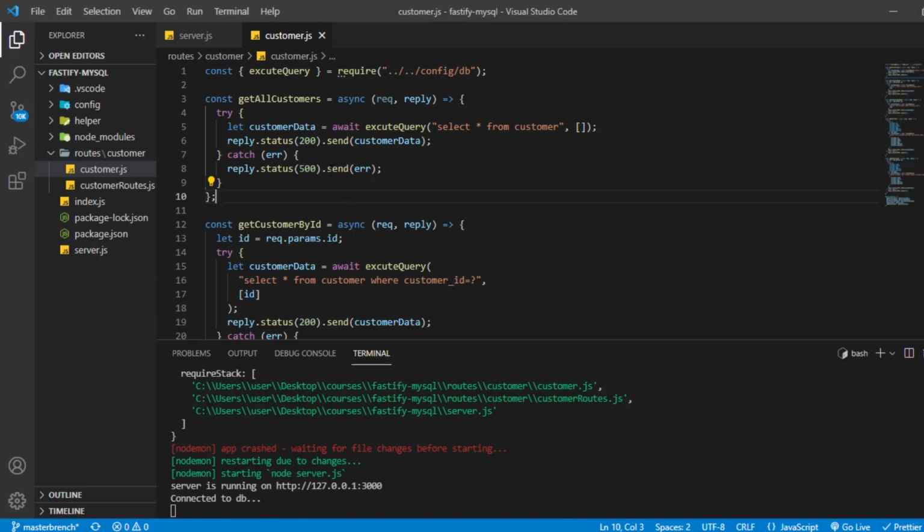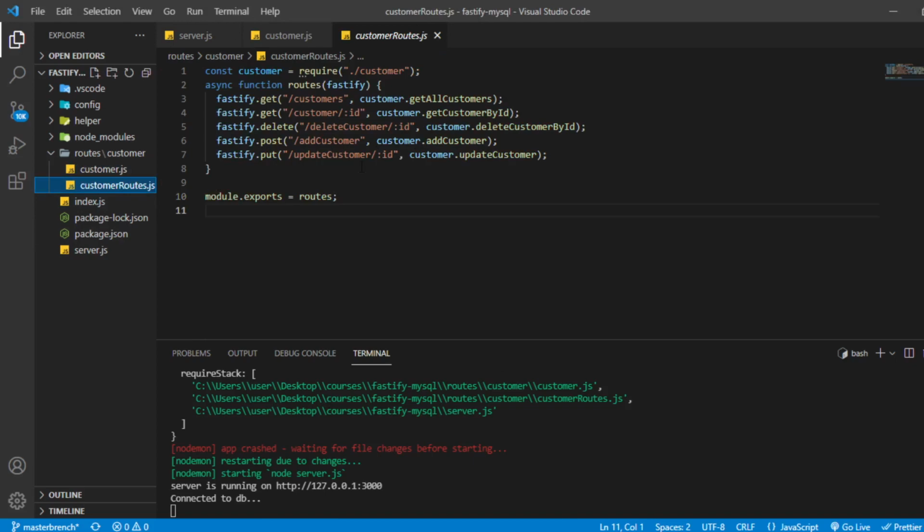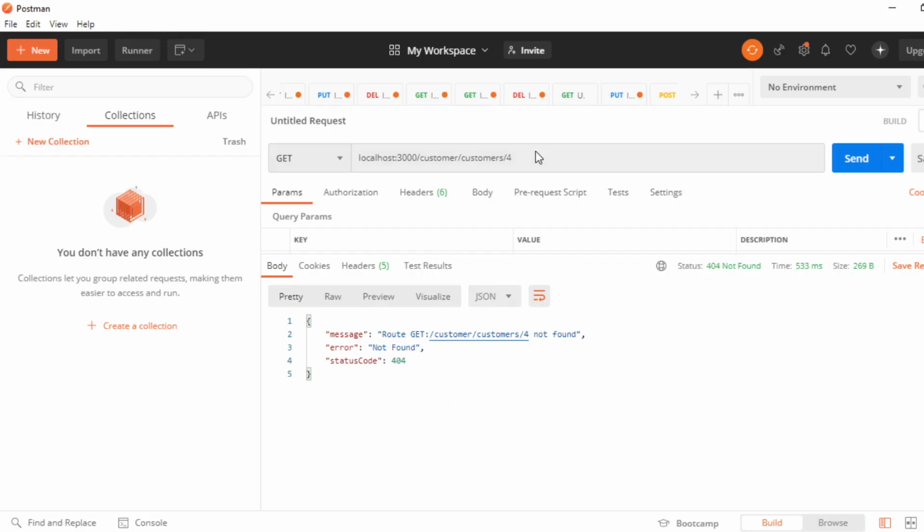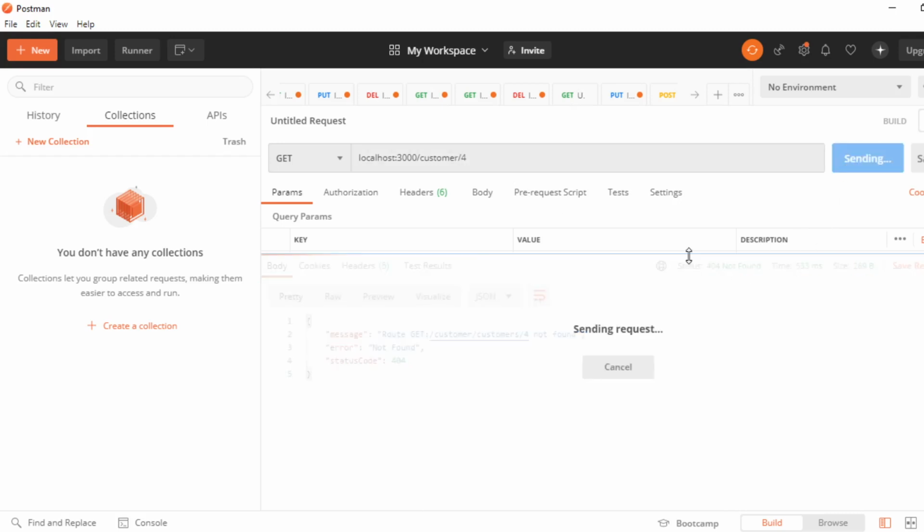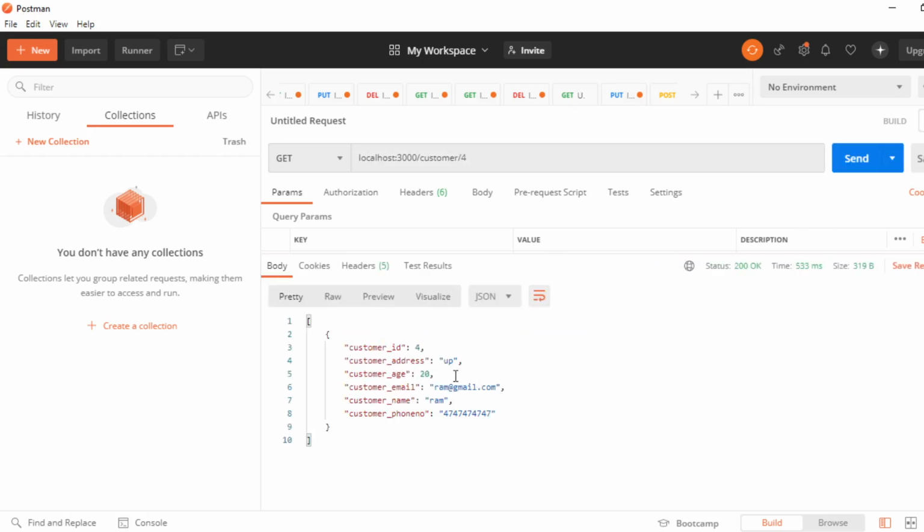So customer and then customer id, right? Okay, so we have to remove this, and now it should work fine. Yeah, we are getting the data on id 4, right? So that means our application is working fine.